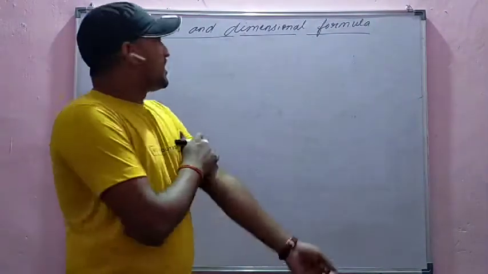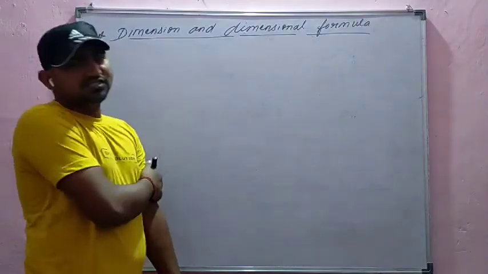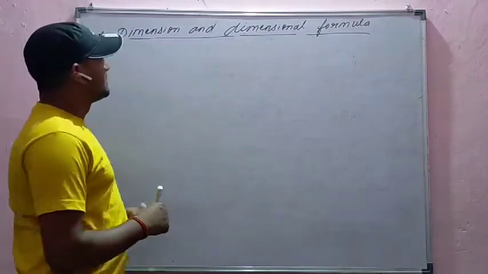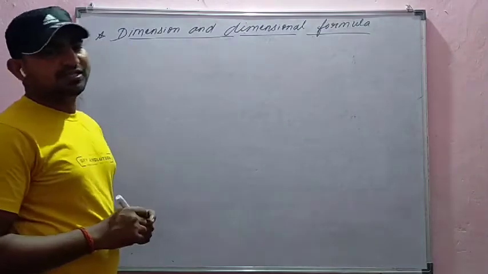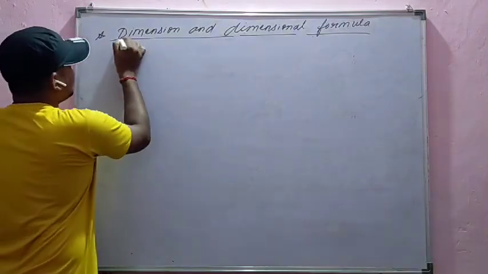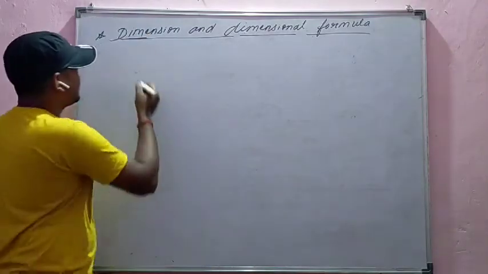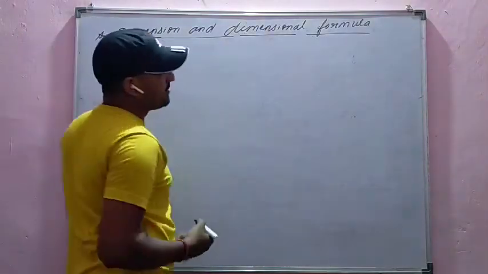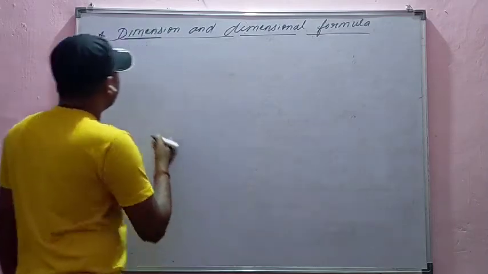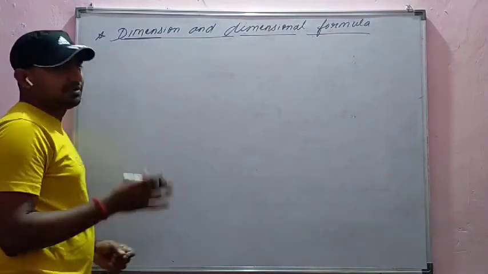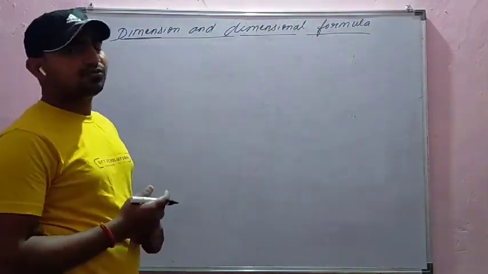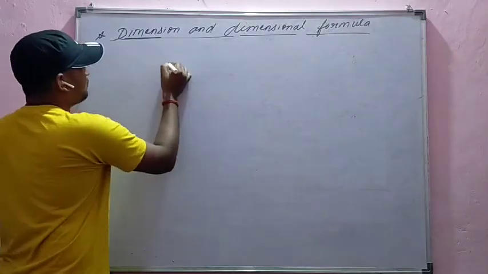जय हिंद। तो आज हम लोग पढ़ेंगे डायमेंशन एंड डायमेंशनल फार्मूला। ये क्या होता है? सबसे पहले हम लोग बात करेंगे डायमेंशन का। ओके, ये आप यहाँ पे देख पा रहे हैं कि डायमेंशन एंड डायमेंशनल फार्मूला में हम लोग सबसे पहले बात करेंगे डायमेंशन का और उसके बाद बात करेंगे डायमेंशनल फार्मूला का। सबसे पहले आप यहाँ पे एक एग्जांपल से समझते हैं। जैसे कि आप लोगों ने जानते होंगे कि फोर्स का फार्मूला